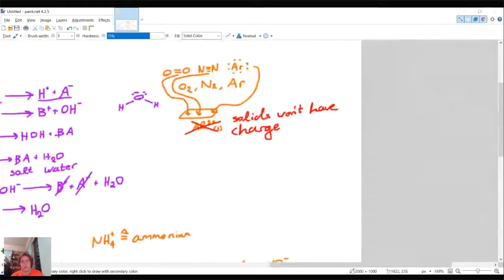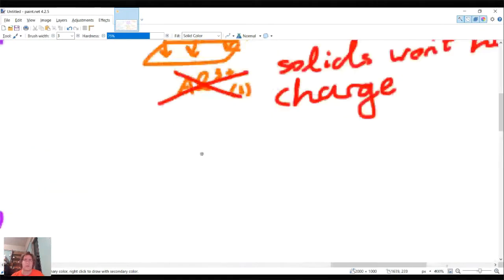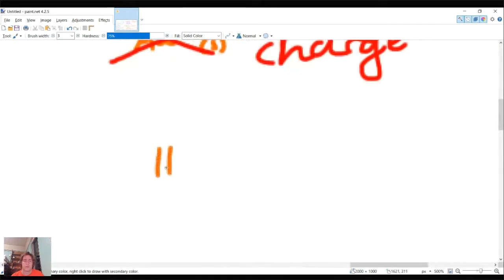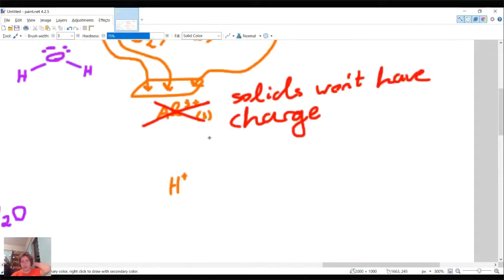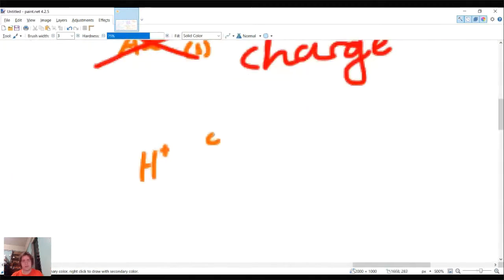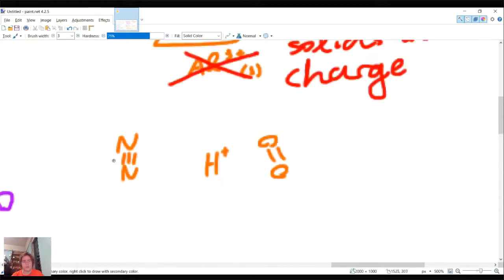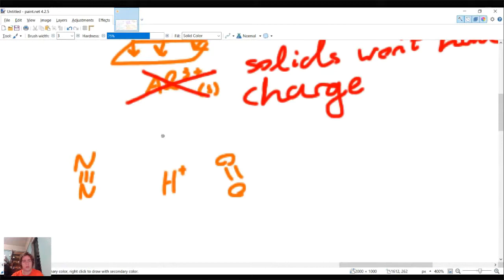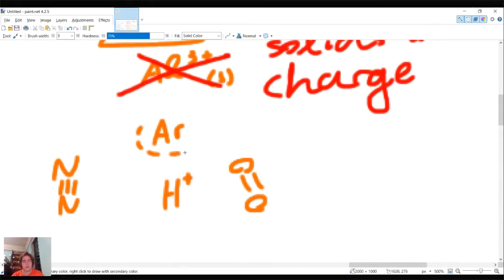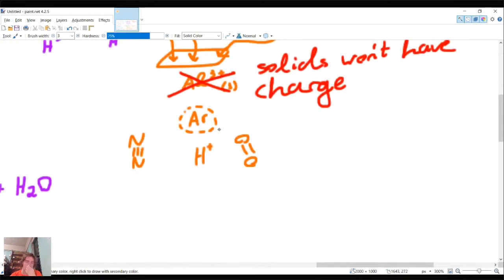And it's sort of the same case for a gas. What's something we can think of? We can think of H+. Well, imagine this can exist in gaseous form. What else is in the atmosphere again? It's also oxygen, double bond, oxygen, nitrogen, triple bond, nitrogen, and then we have argon again. With the electrons, we'll denote that with a circle. Again, this can attack, and then this can attack as well. But there's no reason that it'll be positively charged, for the same reason.